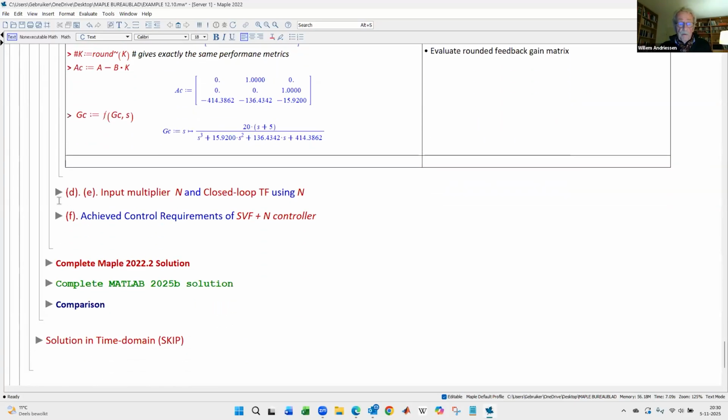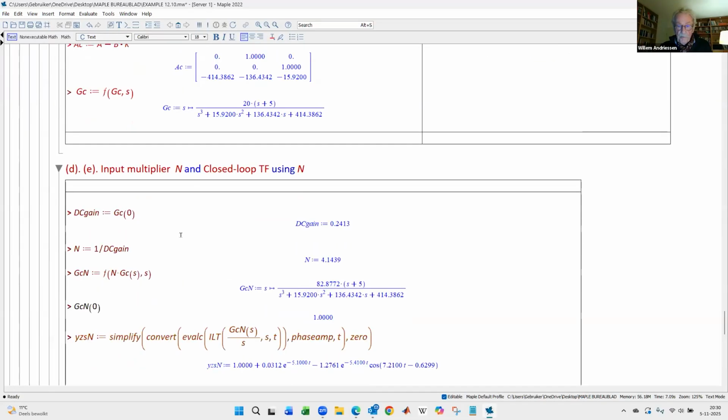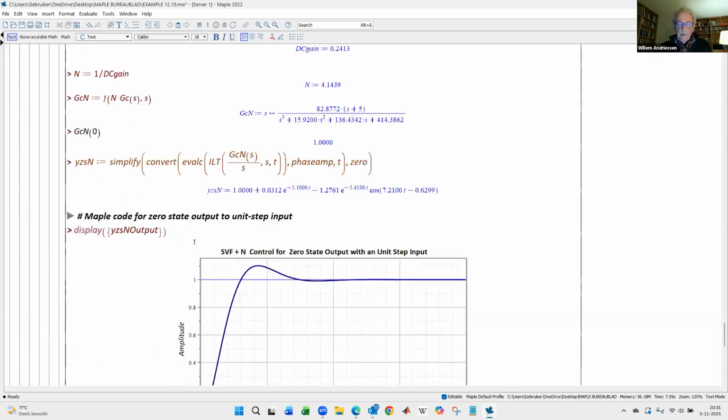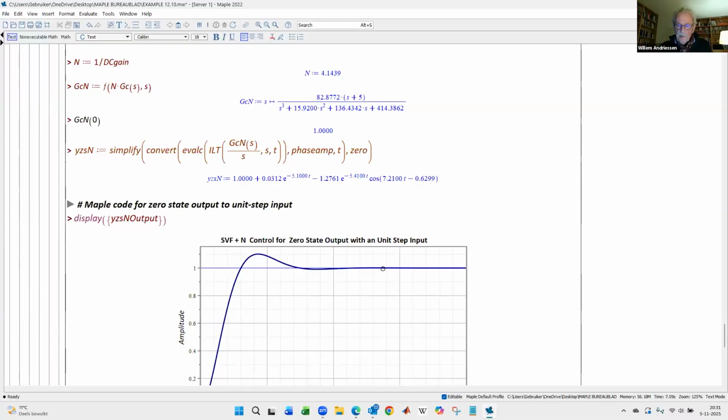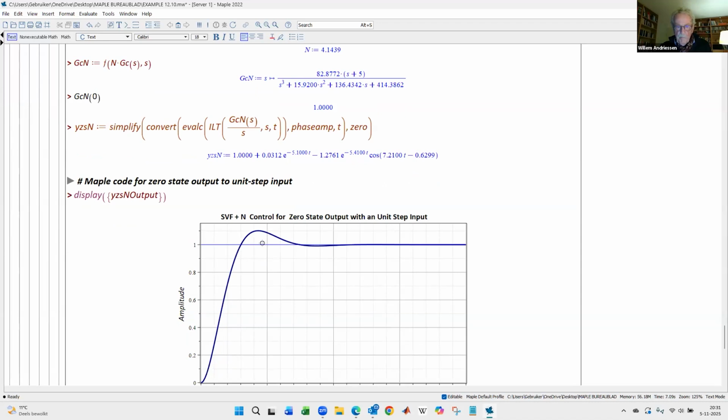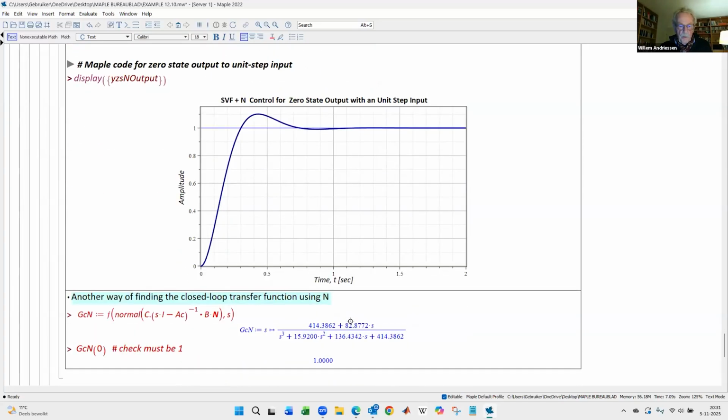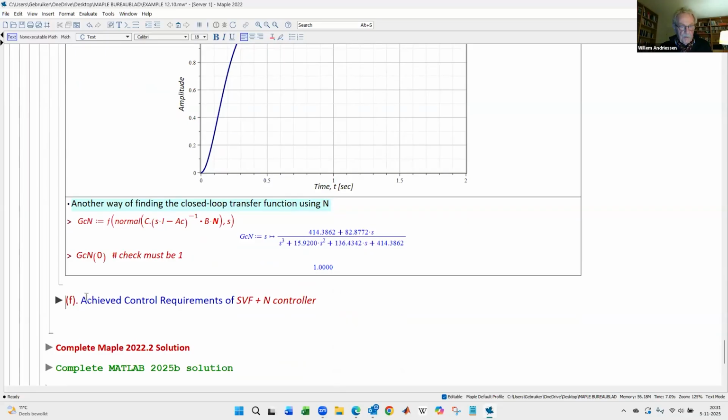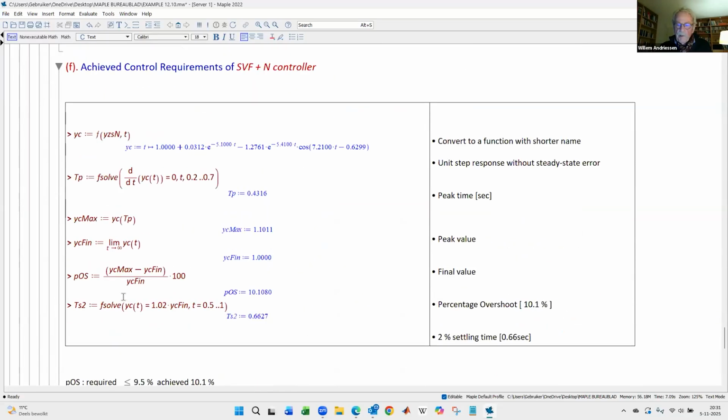And now we use an input multiplier to gain a so-called zero steady state error expression, unit step response. There is no steady state error because the value is 1, and it's even by amplitude the height of a unit step, so to speak. So now we can also check if we have gained the control requirements, like the percent overshoot, and it's 10.1,